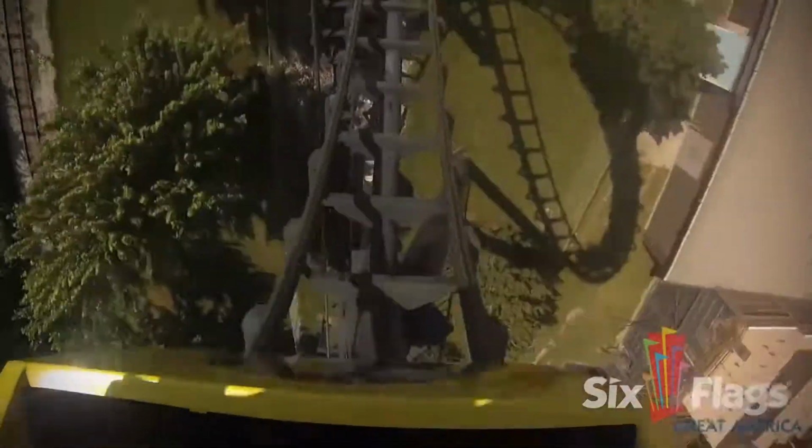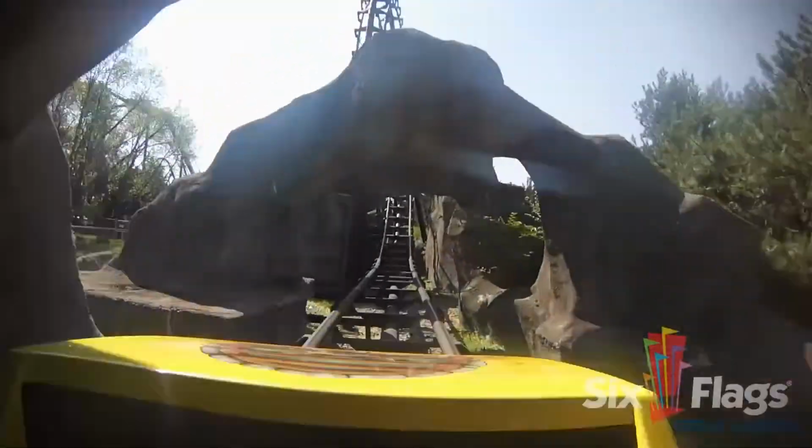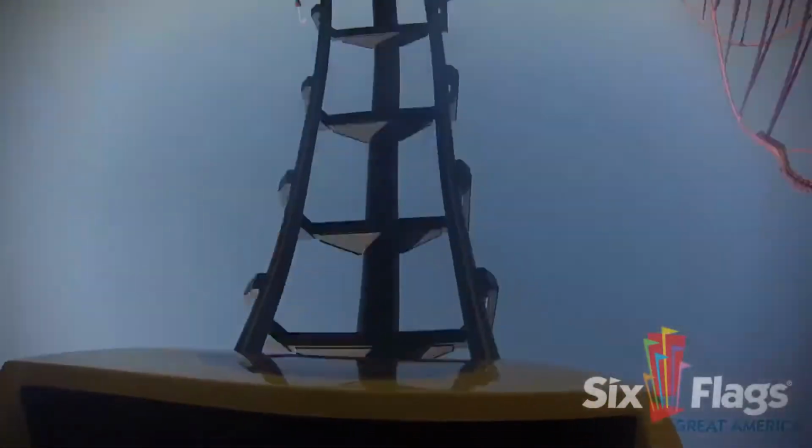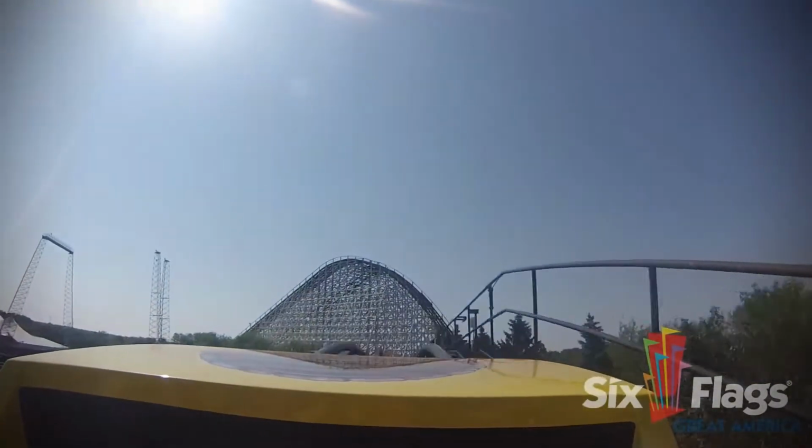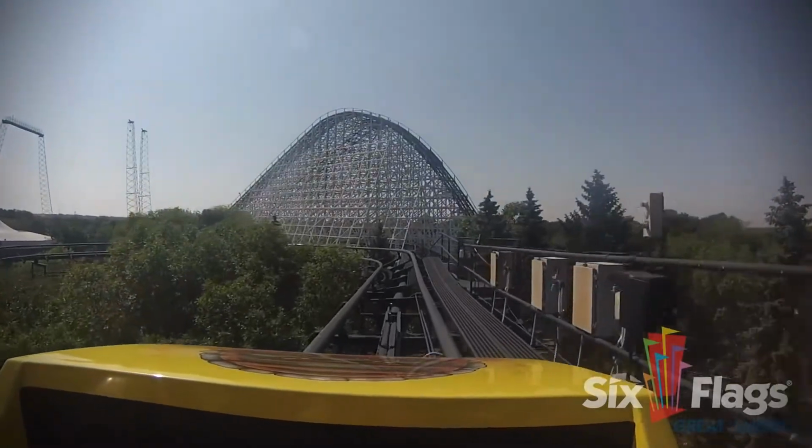loop. This second loop is very forceful, and the only point where I got any headbanging, and it wasn't even severe headbanging. After that comes a cool lit tunnel and some cool lights and theming that you emerge onto the mid-course brake run. This mid-course slows you down hard, and this is the most brutal mid-course I've ever experienced, even